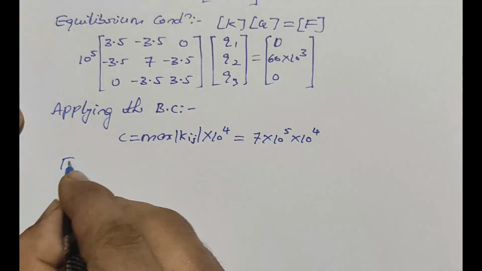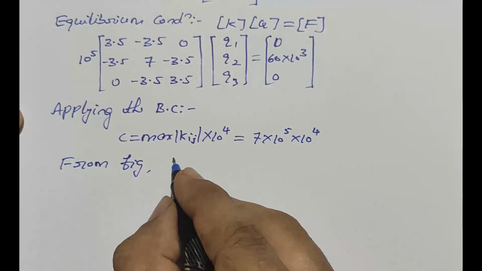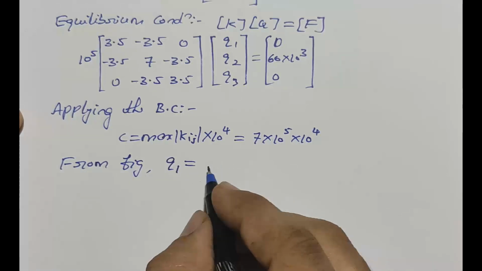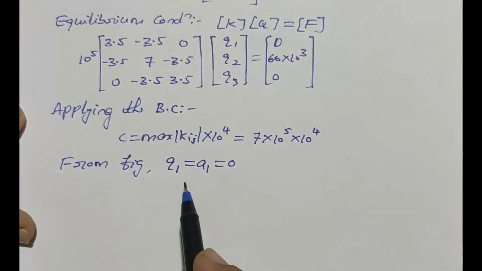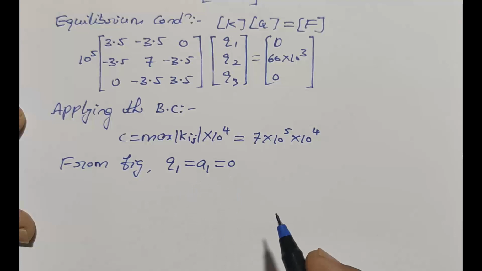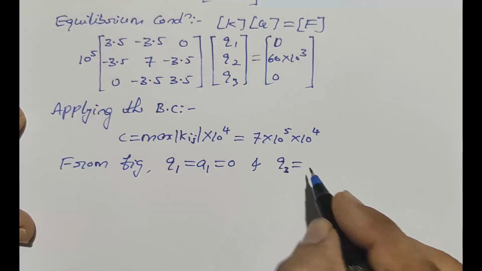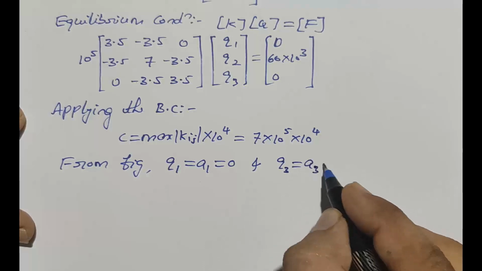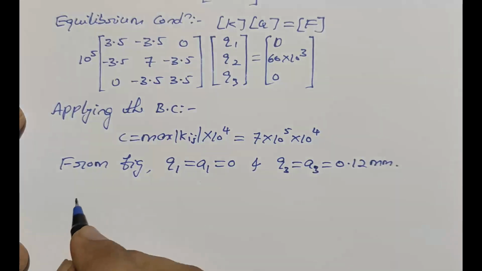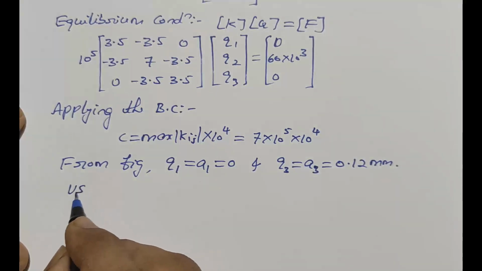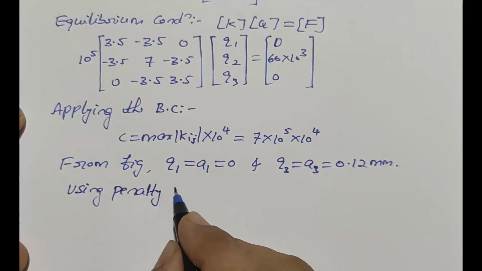So from figure we have Q1 is equal to A1 is equal to 0, that is displacement at node number 1 is 0 because it is fixed, and displacement at node number 3, that is Q3, is equal to A3 is equal to 0.12 mm. Now we will use penalty method. Using penalty method,